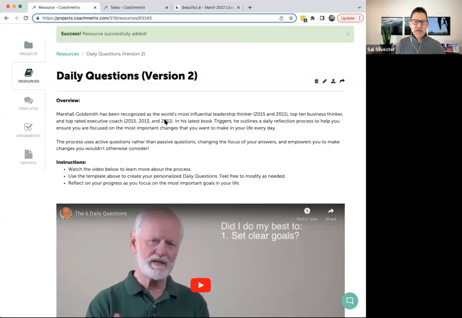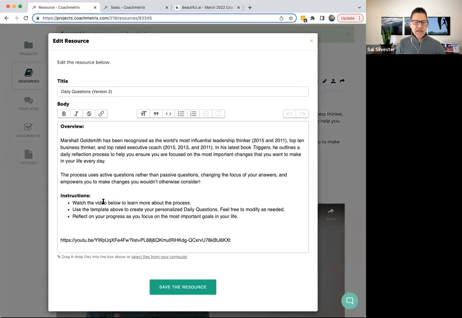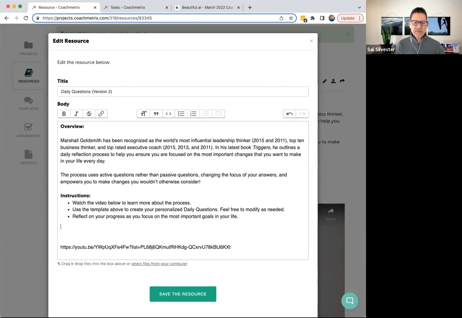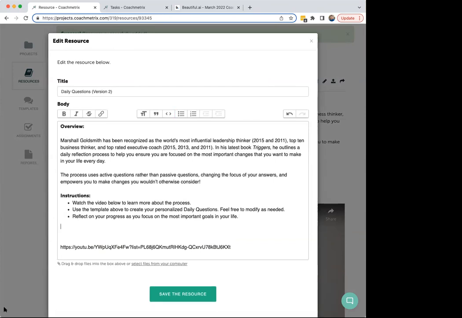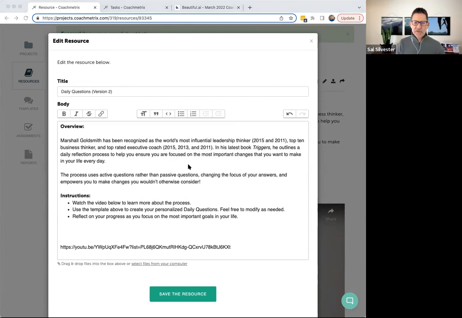Let's go back into that resource again. Let me show my screen. This time, in your chat box, you're going to see an attachment. It's a Word document. I want you to go back into the resource. If I go back into my resource and I edit my resource, the attachment that I added is a Word document. It's a simple template. I'm going to take that template and just drag it and put it in my resource.